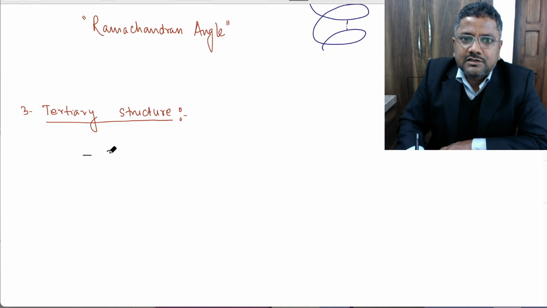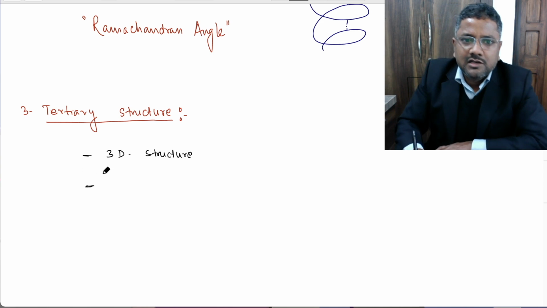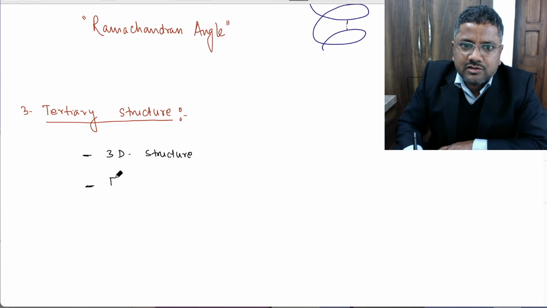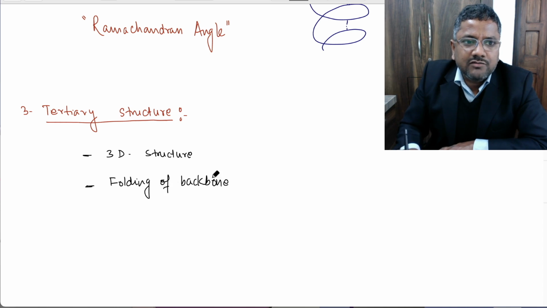It is the folding of the backbone. These backbones are not so straight; they are folded in a definite manner. So the tertiary structure tells about the folding of the backbone